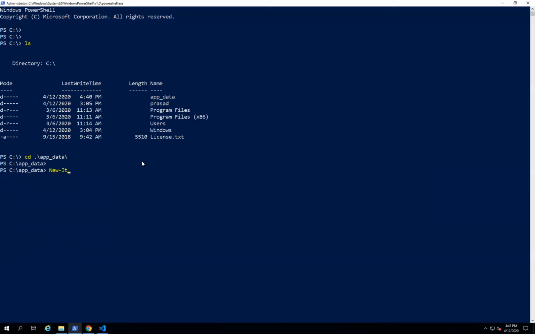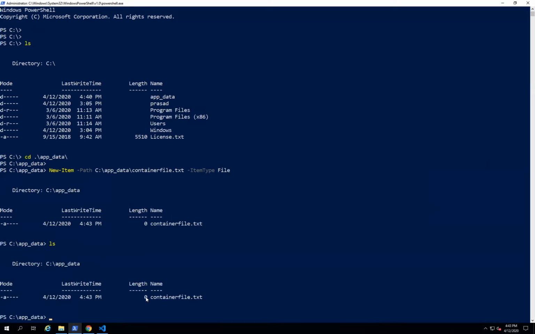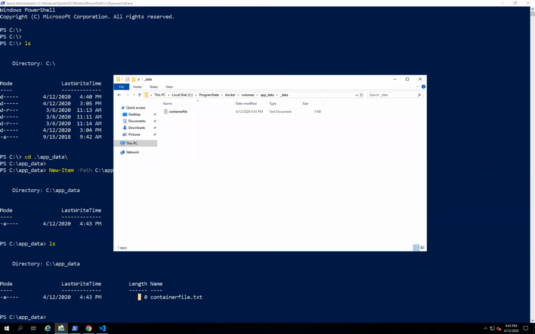New-Item, and then path is app_data, container_file.txt, and then item type is file. Here you can see a file is created with 0 bytes, and within the container we'll go back to the host operating system path, and there you can see previously it was empty. Now a file is created over here because we created a file at this location. That's the reason it's stored inside your host operating system.